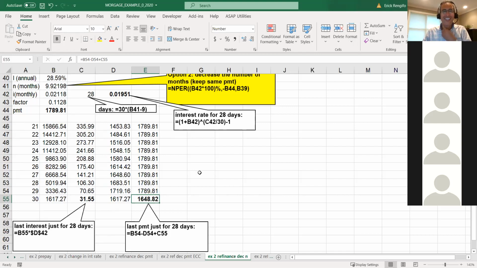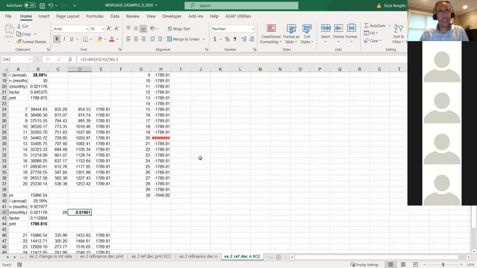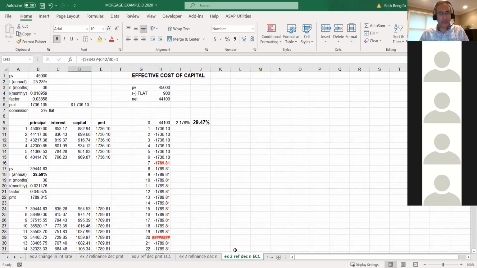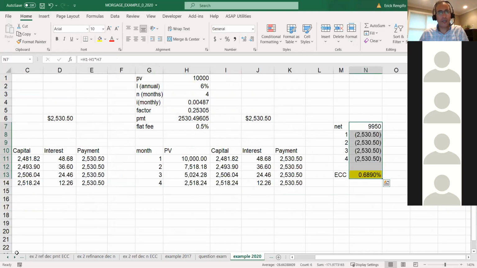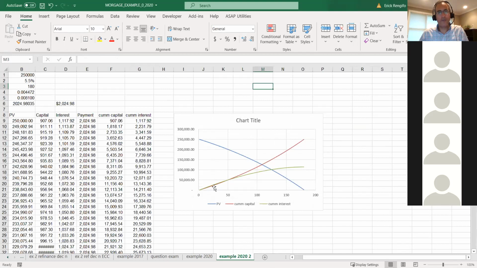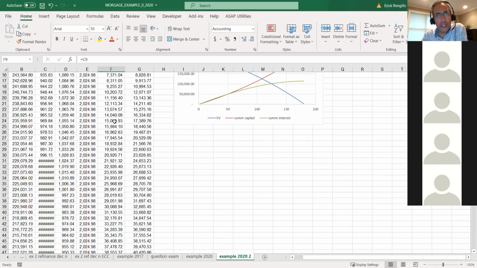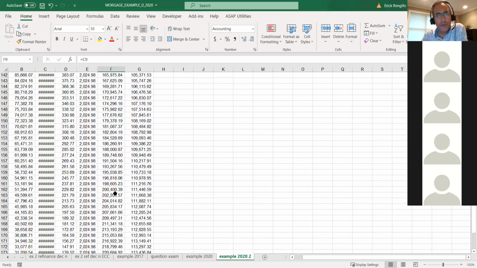We see there. Perfect. Okay, so if you don't have questions, guys, I think that the effective cost of capital. So this is a simple example. No question. I cannot show you a question from the exam, of course not. Yeah, and I can show you this one here. This is what I was telling to you guys. We have done this. If we put together the capital, the interest, the payments, I do the cumulative capital. Of course, I start from 907 and I start accumulating. I need to have that total loan,